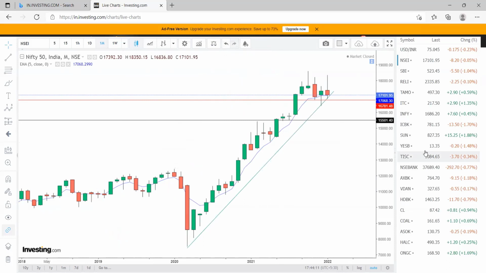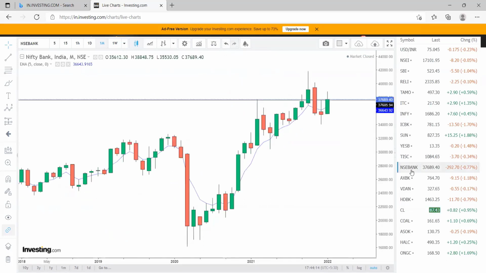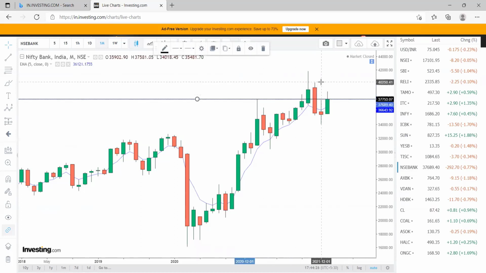Okay, so this was Nifty. Let us go and see what is Bank Nifty. So in Bank Nifty, what I find is, if I go on monthly, let's start from the highest time frame. On monthly, I'm seeing that there is a support as of now over here. Okay, support in the sense on daily this is support, on weekly and monthly it looks like resistance here,